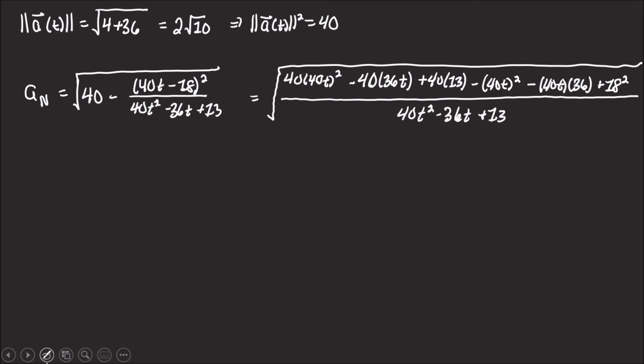Now, we have a 40 times 40t squared, so that'll be 40 squared t squared, which is what this piece here is, so these two terms can drop out, thankfully. This is a 40 times 36t, this is a 40t times 36. They're going to be the same, except my deepest apologies. This should be positive, this should have been negative, right, because of this minus here. So sorry about that. Now they'll drop out,